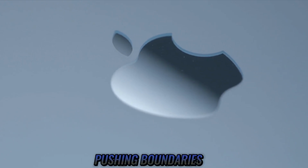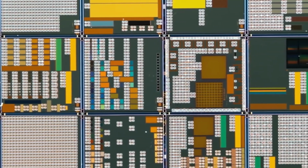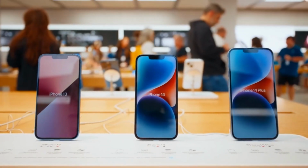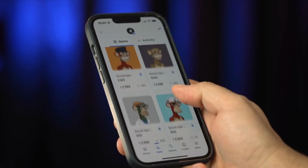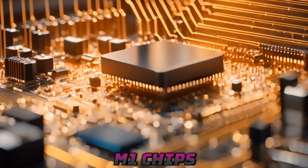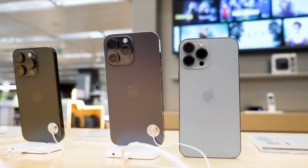Apple is known for pushing boundaries, but their latest move could change the entire tech industry. The shift to custom silicon chips is redefining what their devices can do, leaving competitors scrambling to keep up. But how exactly is this transformation unfolding, and what does it mean for you as a user? Stick around to discover how Apple's new M1 chips are delivering groundbreaking performance, longer battery life, and a unified ecosystem